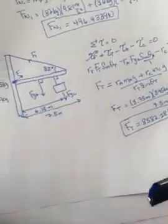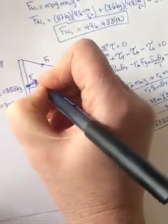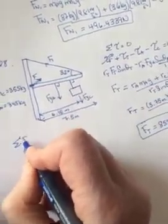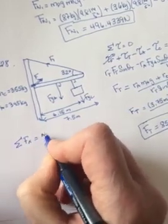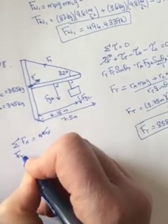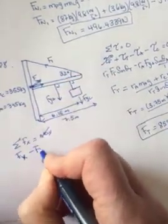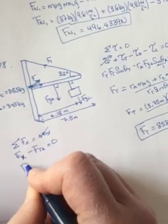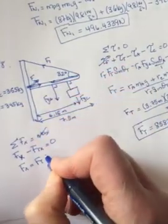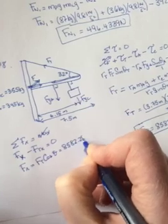Part B wants to know what force does the vertical part of the crane exert on the boom. So it's looking for this F. And so again, we should do sum in the X and sum in the Y to get it, just like we did for other hanging sign questions. So in the X direction, there's going to be an Fx of this fella minus the tension X. And that'll equal 0, so this Fx should be Ft, and the tension's X will be cosine. So it'll be that 8582.28 newtons